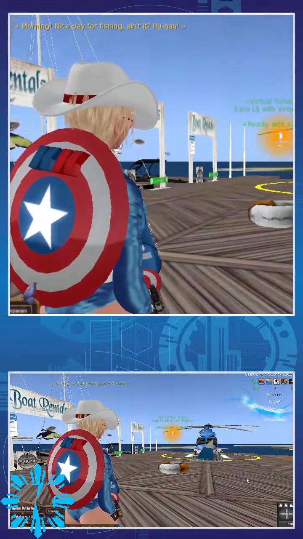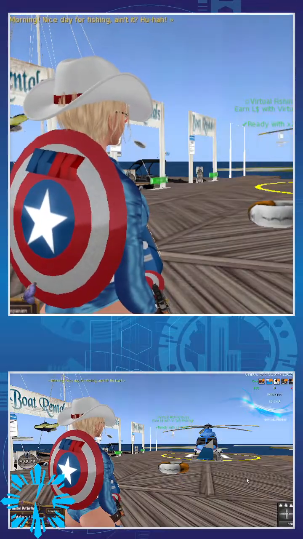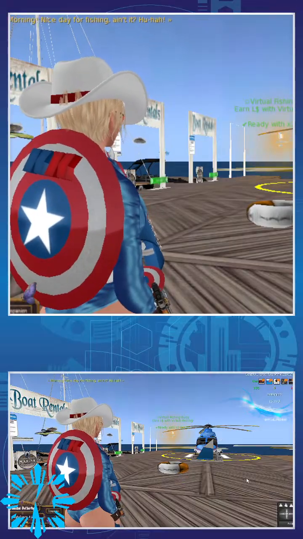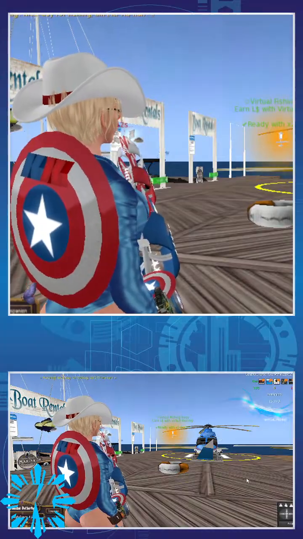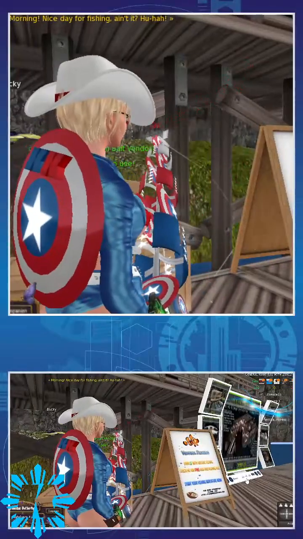So you don't have to spend any money getting started with virtual fishing. All you have to do is get the free virtual fishing rod, and you can get it from this sign.